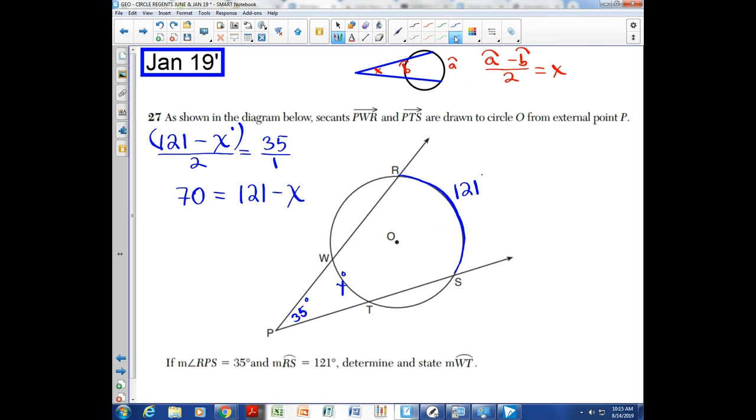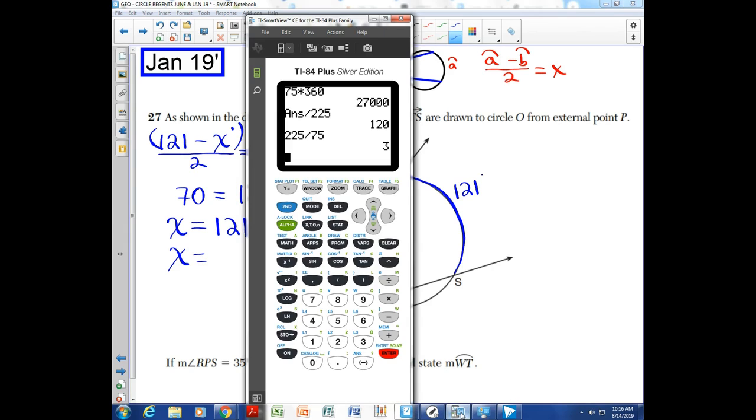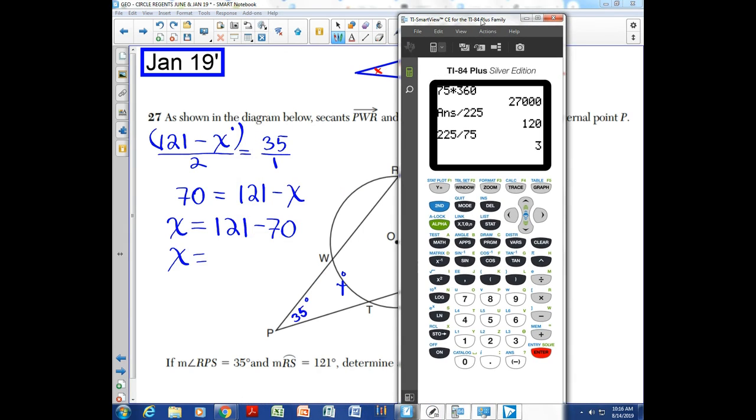And now I just do a little bit of a transposition. I want my negative X to be positive, so I'm going to bring it to the other side of the equation. I'm going to take my 70 and bring it to the other side. I'm going to do it all in one step. And I get a positive X is equal to 121, and that 70 comes to the other side and becomes a negative. And then to finish off this problem, it's just 121 minus 70. So I'm going to go to my calculator, make sure I get this right. 121 minus 70, enter, is equal to 51